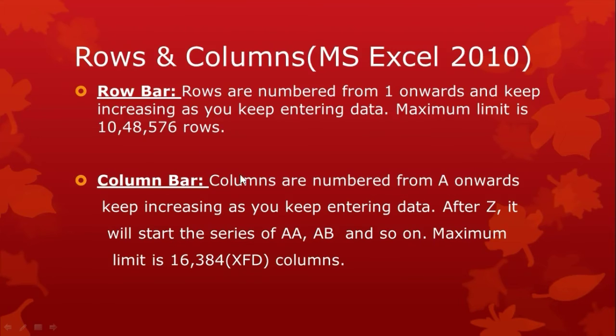Then columns are numbered from A onwards and keep increasing as you keep entering data. After that, it will start the series of AA, AB and so on. The maximum limit is 16,384. That is, it comes out to be XFD in letters. So you have a maximum of 16,384 columns in MS Excel